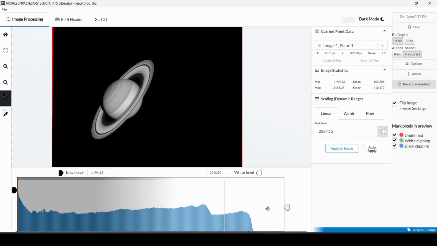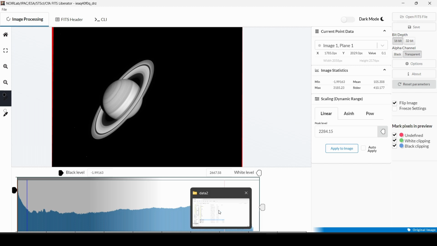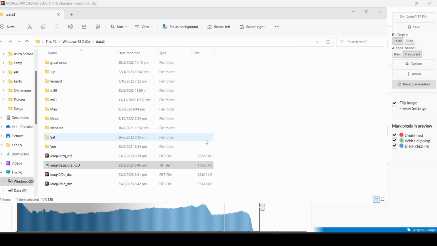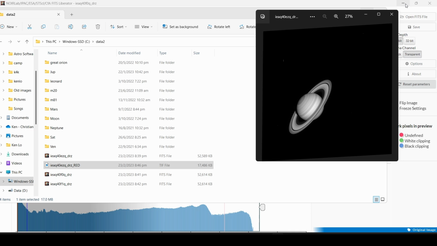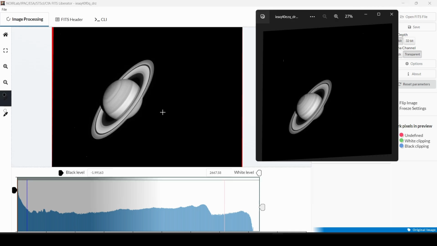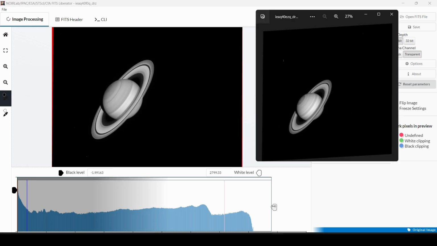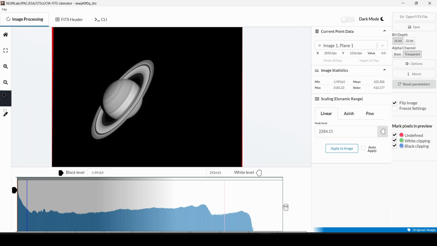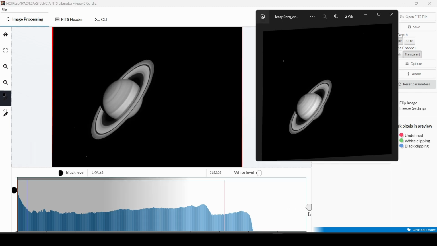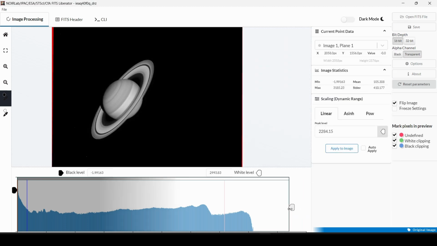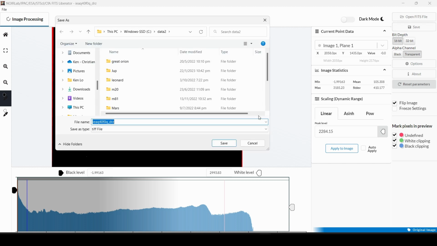But I will just brighten it up until something like this. I can try and match the levels actually. So make it a little bit dimmer just to compare it. Yeah, something like this, I think. So we'll save this as the green filter